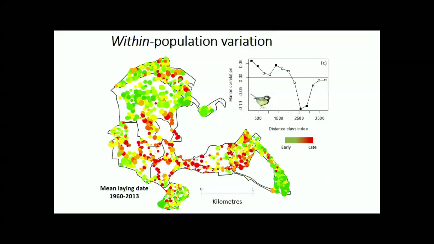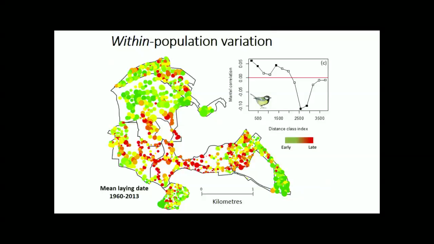And there's lots of structure present in this system. So if we look at the Mantel correlogram, you can see that sites that are close together tend to be more similar to each other. Sites that are further apart tend to be less similar. But actually there's variation at multiple scales here, because you can see there are areas where pretty much all the birds are early, and where all the birds are late.